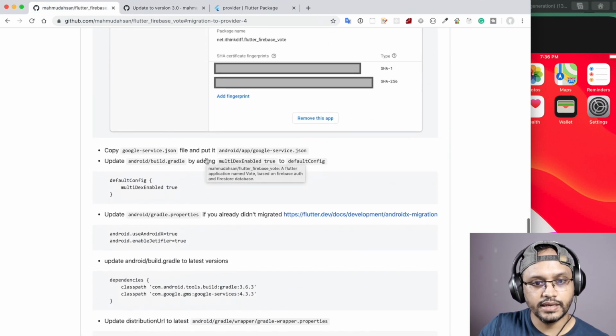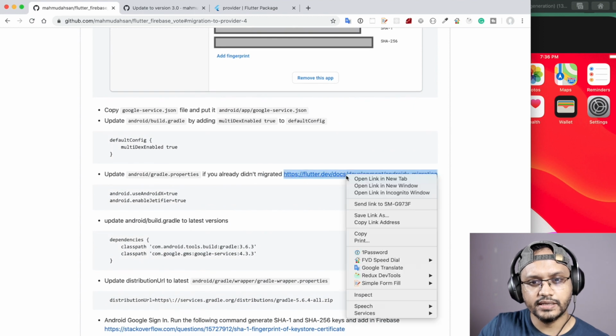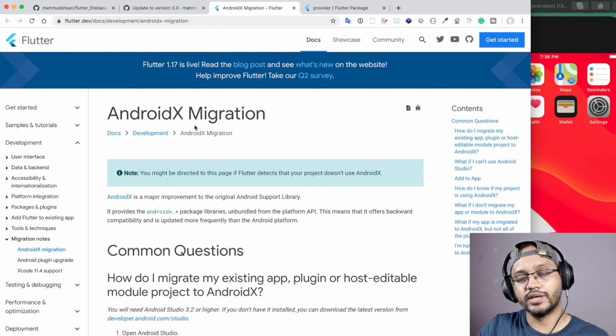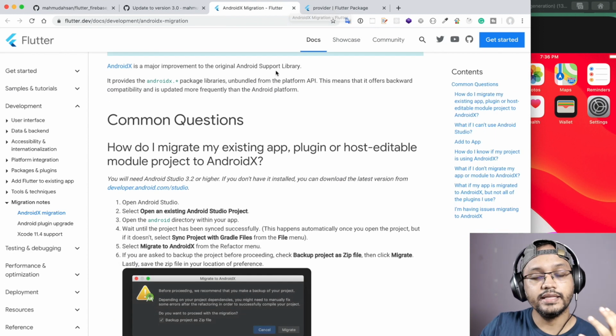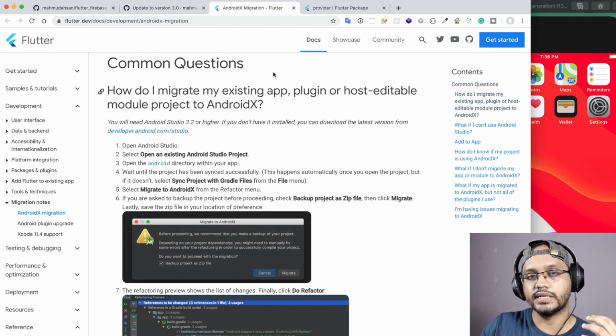So here you can see that after this there is an AndroidX migration documentation, how to migrate your app to AndroidX. I think if you create a new Flutter application, you most probably do not need to do this step. You have this automatically, a new Flutter application should support AndroidX.